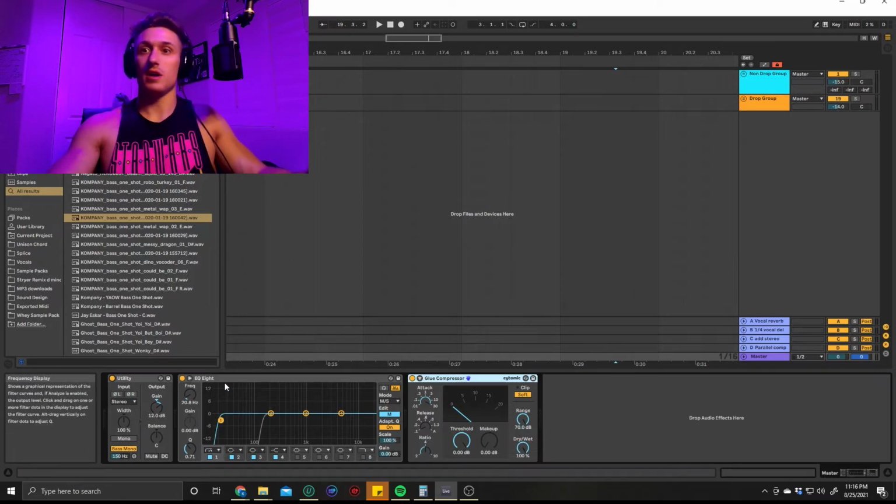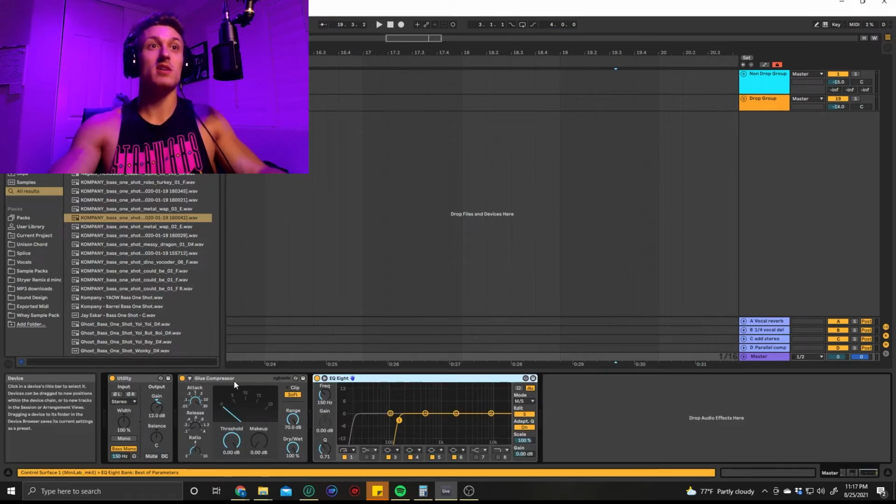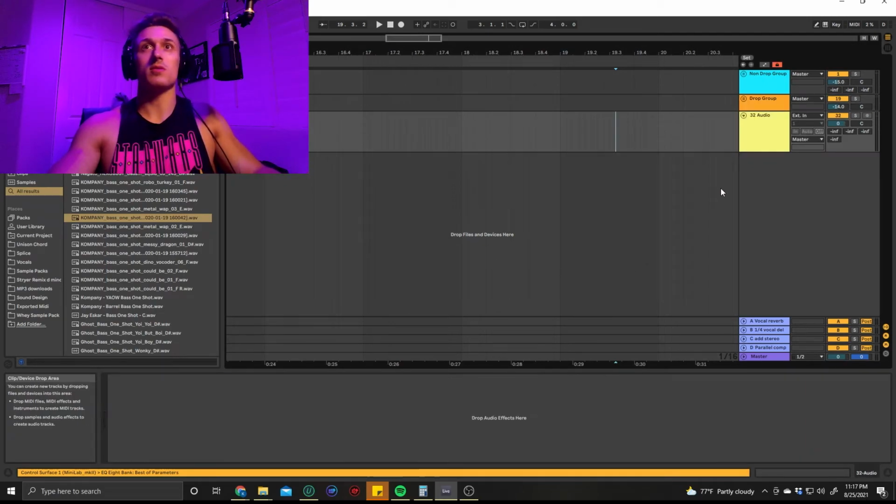Next, you'll notice I have an EQ. I have mids 20, and then you notice I have the sides cut at like 150, which this pretty much does, but this just makes sure of it, and this should be at the end. You'll notice a glue compressor as well. What I generally like to do with my mixes, and everyone does it different, so don't come for me if it's different,